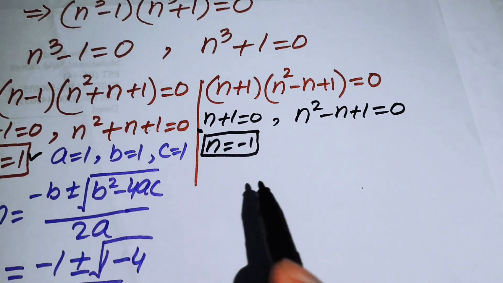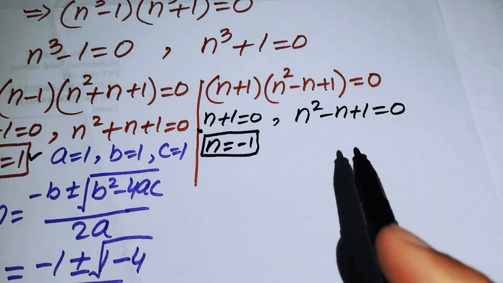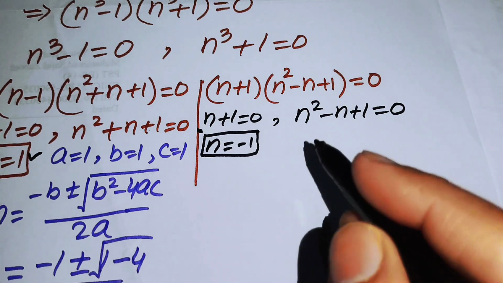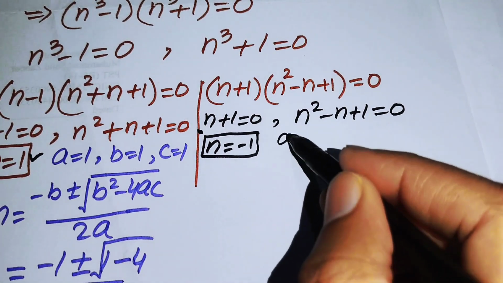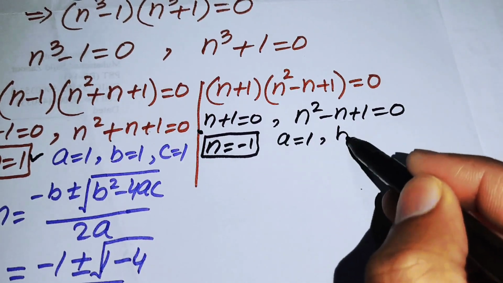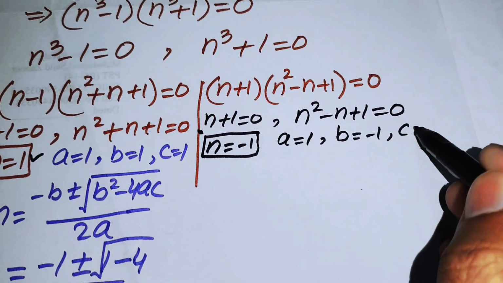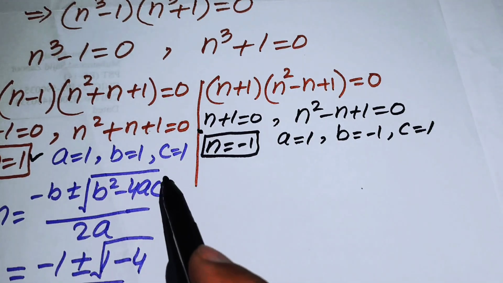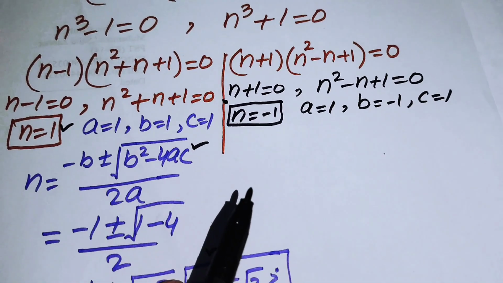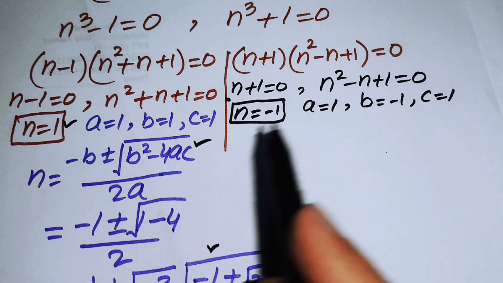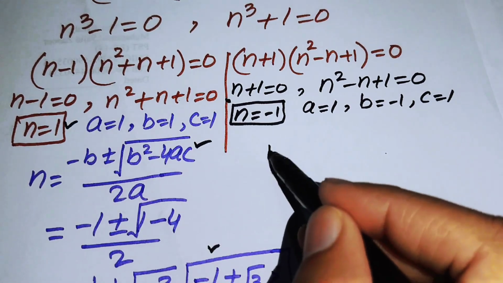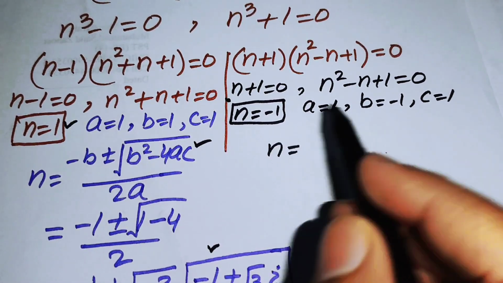And in order to find the other roots, we will solve this nice quadratic equation. So here we use the quadratic formula, and you have a equals 1, b equals minus 1, and c equals 1. And I can write here this quadratic formula, and you can just put all the values of a, b and c in this formula, and you will get here the value of n equals to